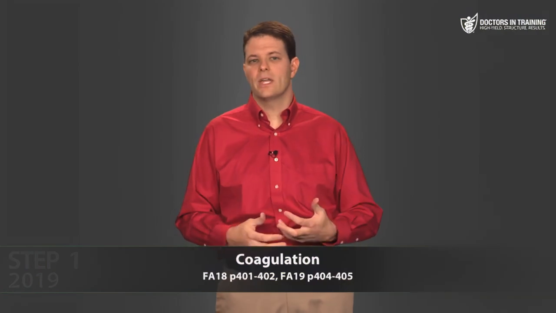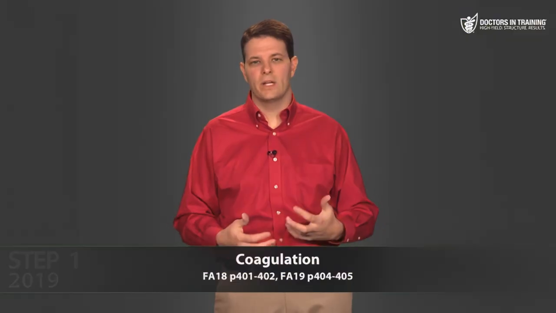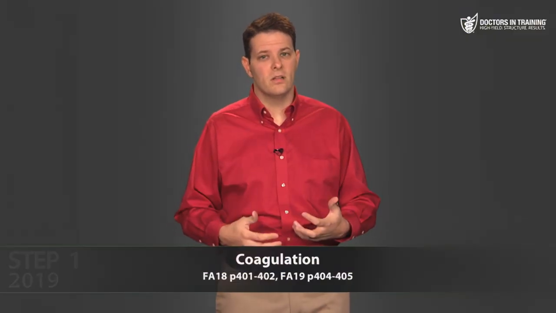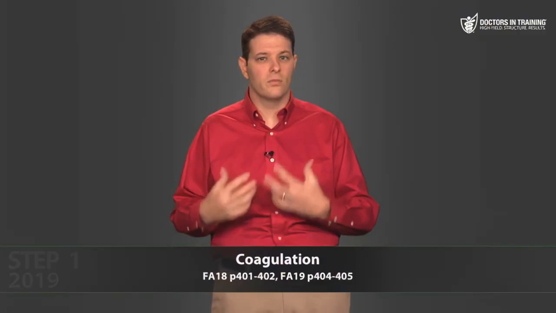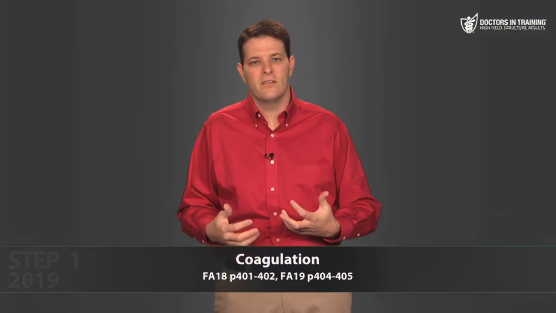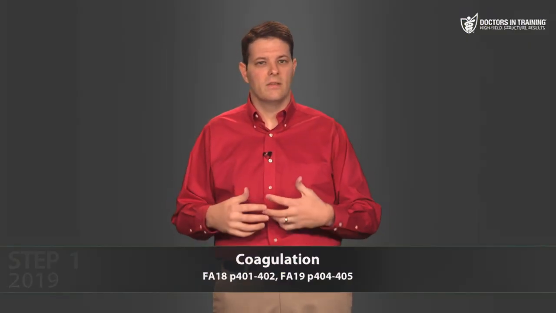So where do all these coagulation factors come from? Come from the liver, right? So the liver makes coagulation factors. And when your liver is diseased, like a patient with cirrhosis, it doesn't make coagulation factors, which is why with cirrhosis, in patients with end-stage liver disease, you end up with a high PT and PTT because the patient doesn't